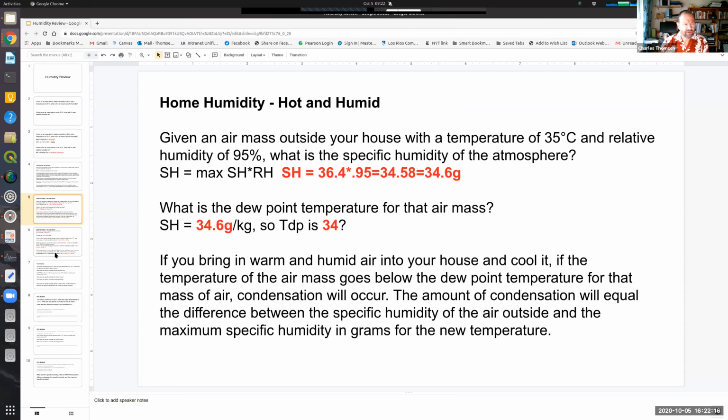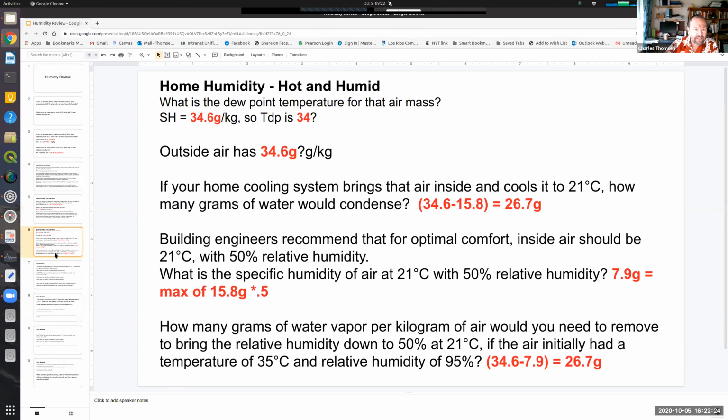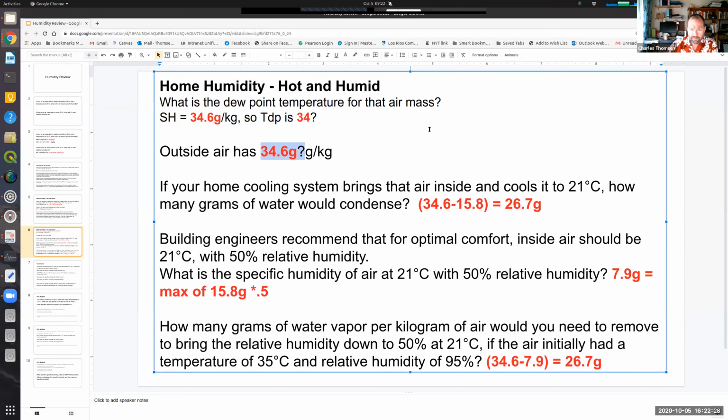Cool. So here we are. What's the dew point temperature? We figured out all that stuff, right? Okay. So then the outside air has 34.6 grams per kilogram because we figured that out on the last page. And if you bring in that air,